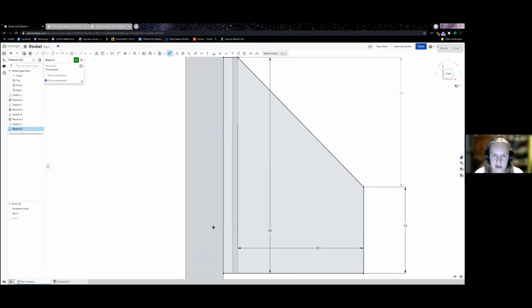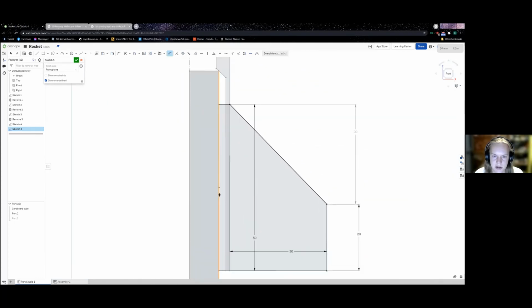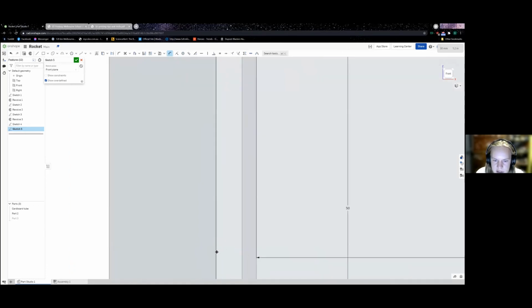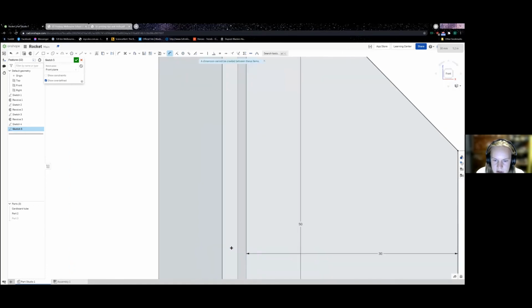And then one last thing we want to do is add a little bit of clearance in between where our motor is going to be and where the edge of this is going to be. Because if we make our 3D parts to exact tolerances, and 3D printers can be quite accurate, but if we run our dimensions right up to what we want them to be holding, then they are going to be too tight. You need to leave a little bit of a gap. Otherwise, you're going to be sanding down your parts, basically. So if we dimension here to here,